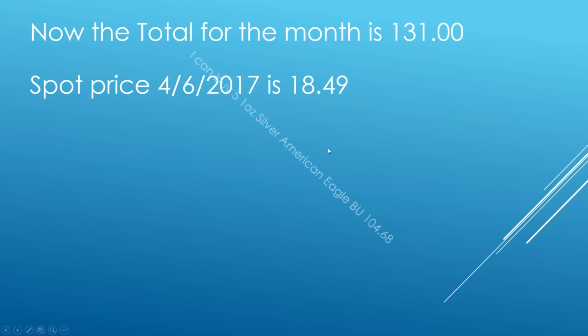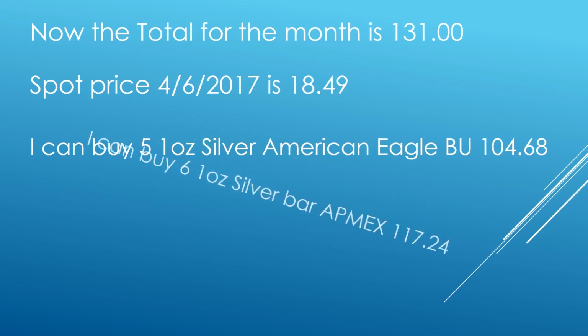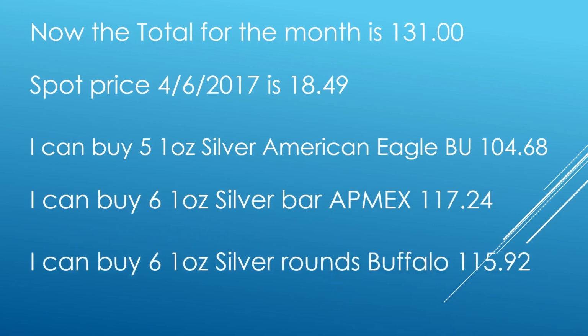Let's see what else I can buy. I can buy 6 1-ounce silver bars of Amex for $117.24, and I can buy 6 1-ounce silver rounds, Buffaloes, for $115.92. Now, if you look at this, you're looking at, in 1 year total, you're going to have,